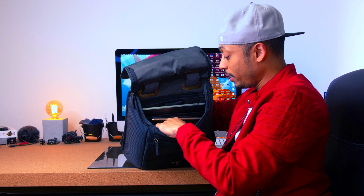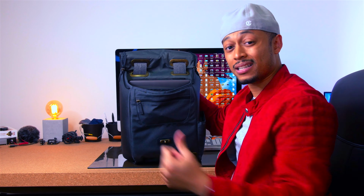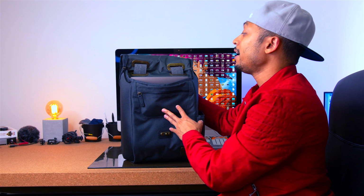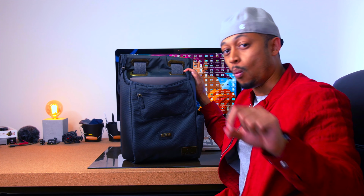There's literally 3 different compartments in this front section here, and then there's another compartment behind it. So there's a lot of places to tuck stuff in, and any accessories you may have, hard drives, things like that can easily fit in this bag. It's just the accessibility to them. If you don't want to pull everything out of the bag, it's very hard to know where